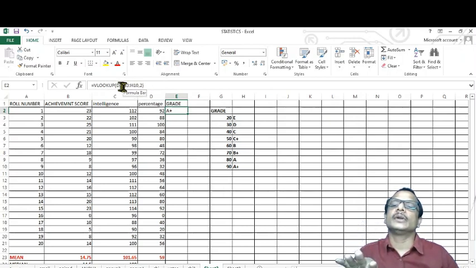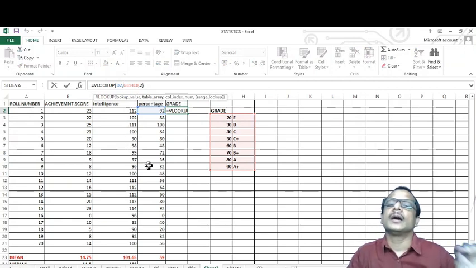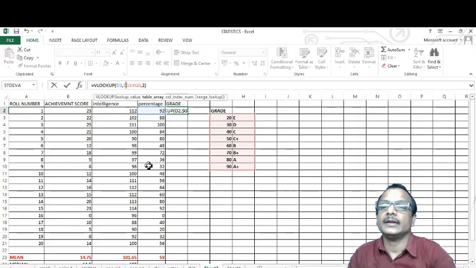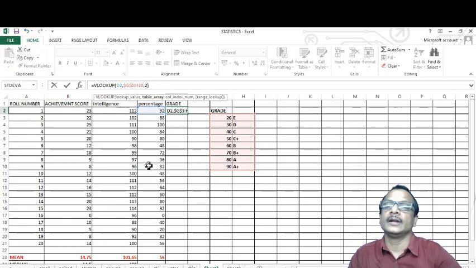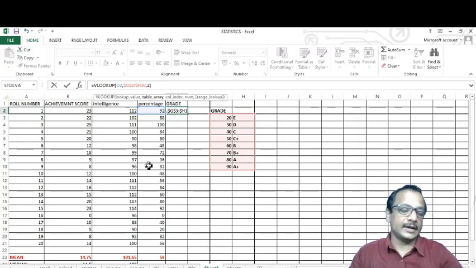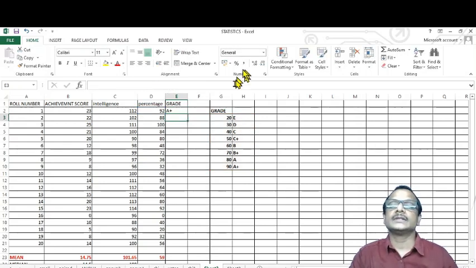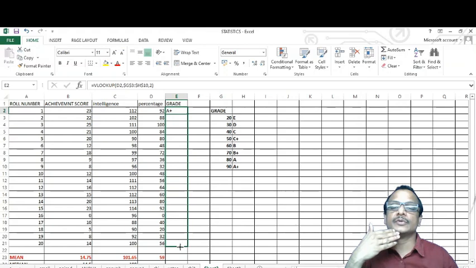In this formula we make a small modification: in front of G we add a dollar sign, in front of 3 a dollar sign, in front of H a dollar sign, and in front of 10 a dollar sign. Click enter again. No change here, it is again A plus. Then click and drag down to this area.